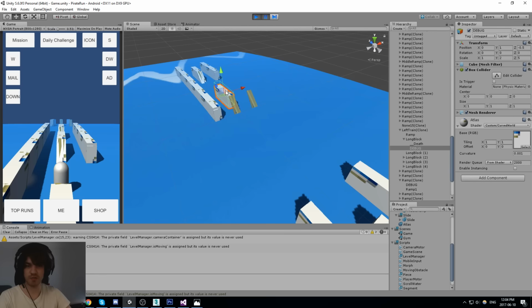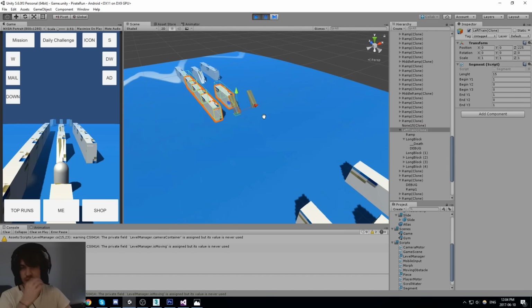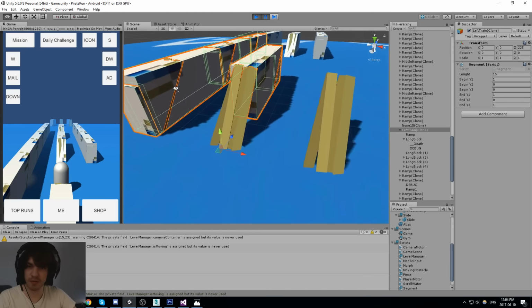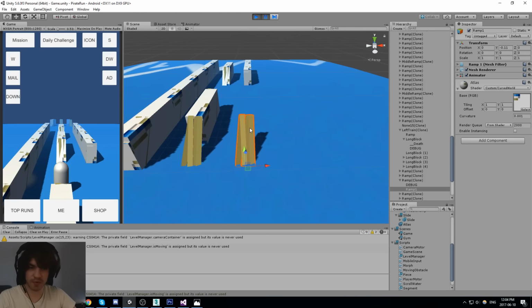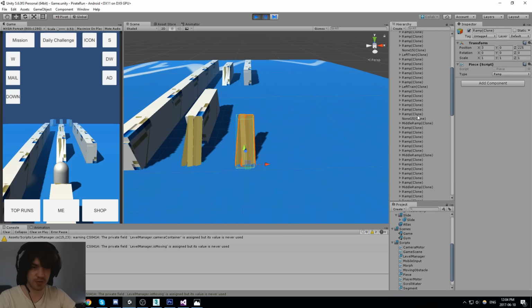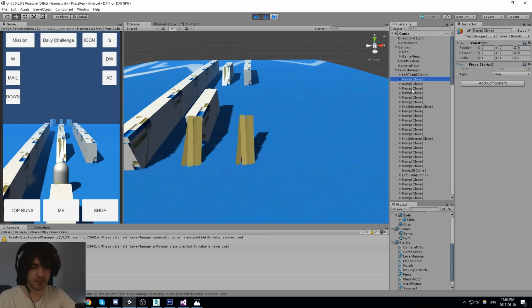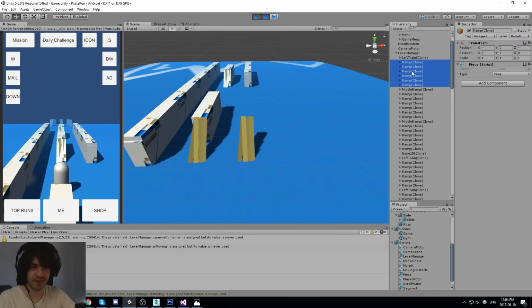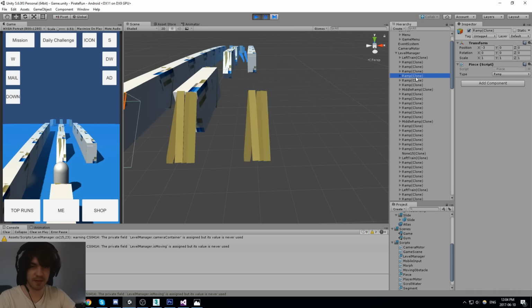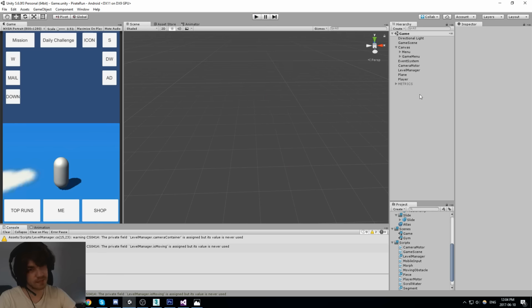So I want to know what kind of segment this is. That's the left train. Okay. Left train has no reason to have a ramp on this side. So what is this ramp for? It's another ramp out of nowhere. It's not part of any segments. Why is that?